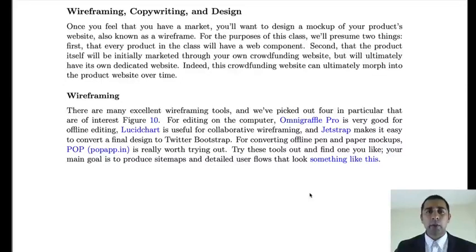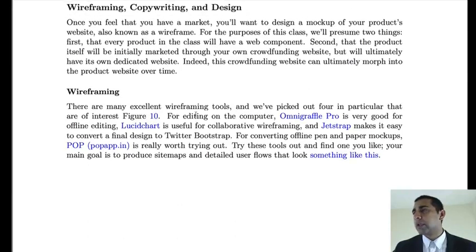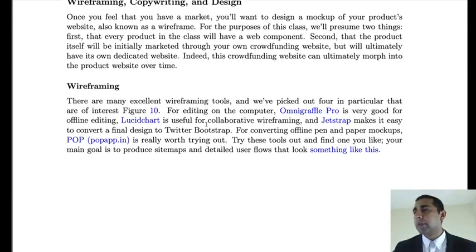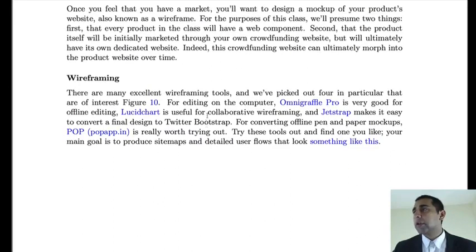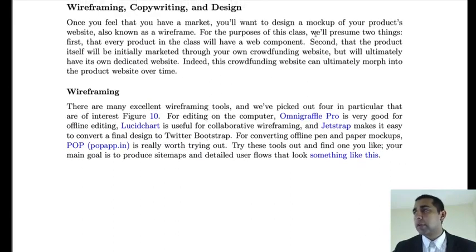So the last thing we want to talk about is a brief overview of wireframing, copywriting, and basic design. The concept of wireframing is really making mock-ups on the computer of what your eventual product will look like. Importantly, if you look at the qualification over here, we presume that every product in the class is going to